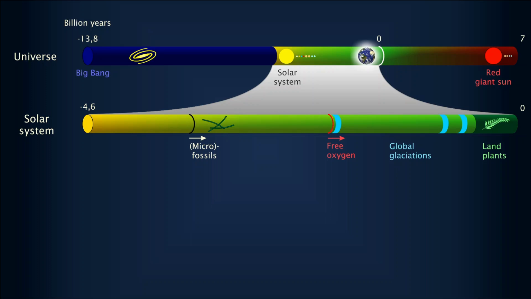And one reason why they appeared so late is the level of free oxygen. Free oxygen appeared only 2 billion years ago. Oxygen was produced by the organisms which were responsible for the microfossils, the cyanobacteria. They invented the production of free oxygen, and it took a very long time for oxygen to build up to sufficient levels that it appeared in the atmosphere. So 2 billion years ago.